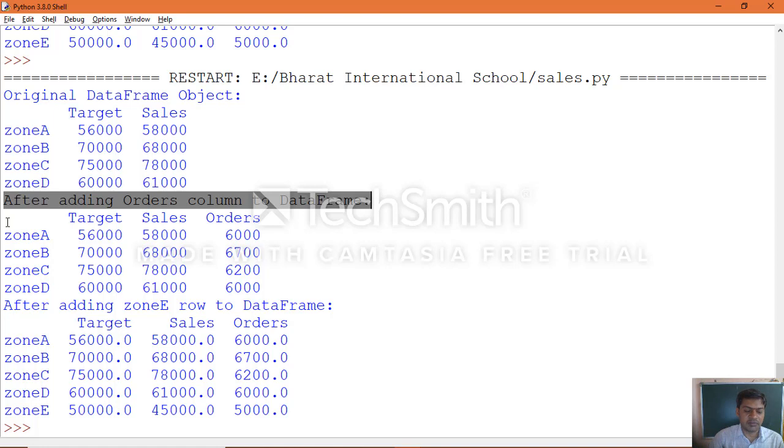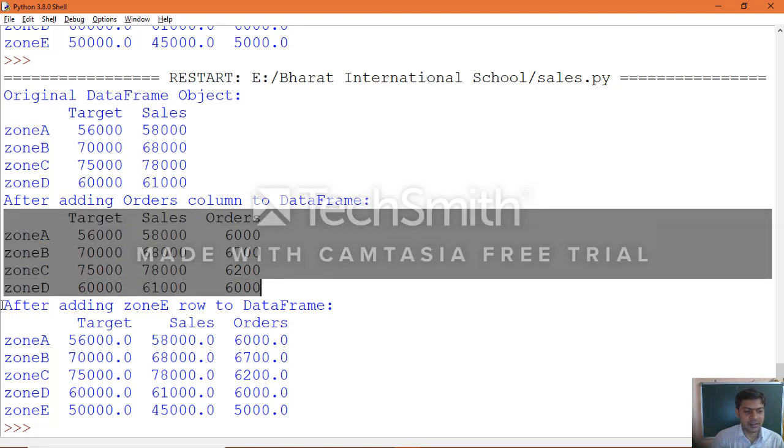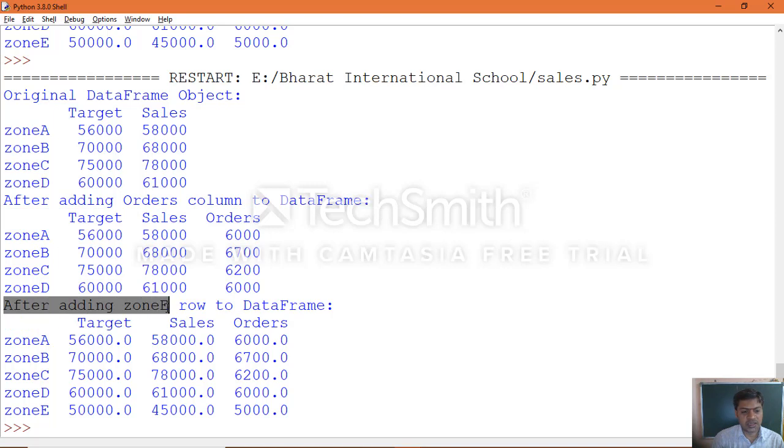So you can work on more data frame examples in script mode, so that you understand how to write the example, and provide a label to understand each change you are making to your data frame object. Otherwise, people may not understand if you don't provide labels for each change made in your application. Now after adding row, that is the name John E row, to the data frame, you can see the output again. The newly added John you can see clearly at the bottom.